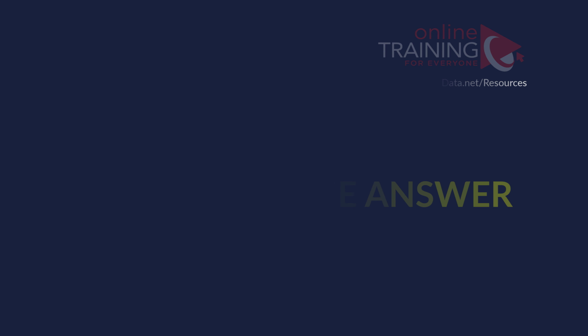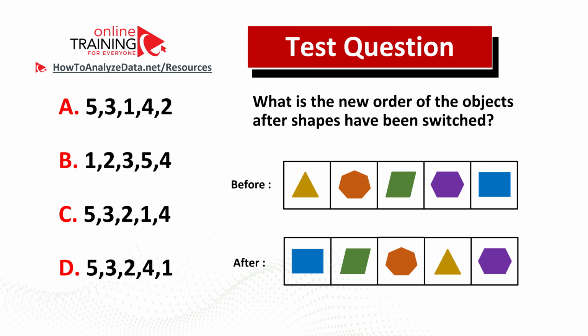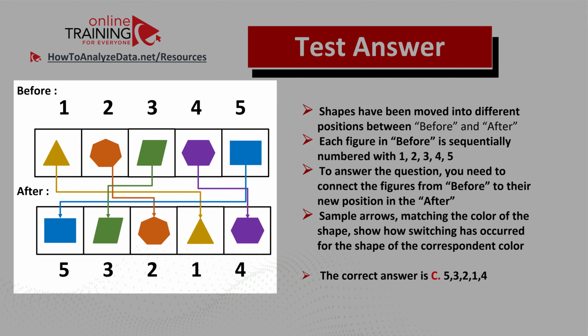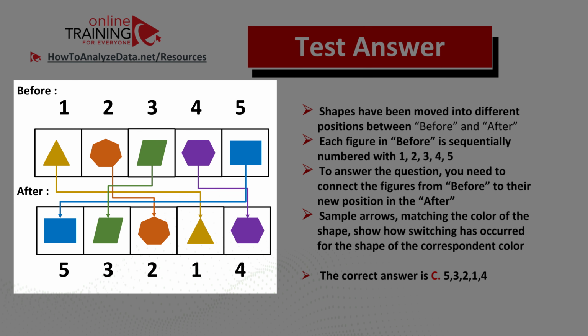Do you think you came up with the answer? Let's continue and try to solve this challenge together. The best way to solve this challenge is to look at the shapes' positions before and after. For example, let's follow this yellow triangle. If you follow the yellow triangle, it was in position 1 before we started switching, and now it is in